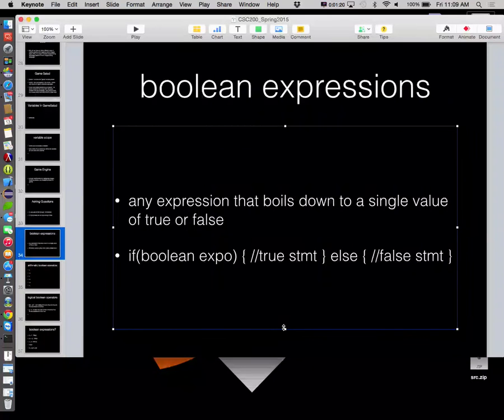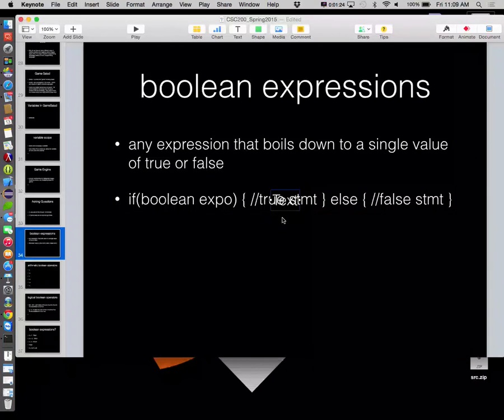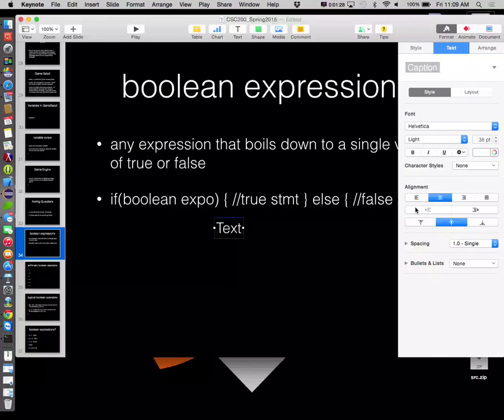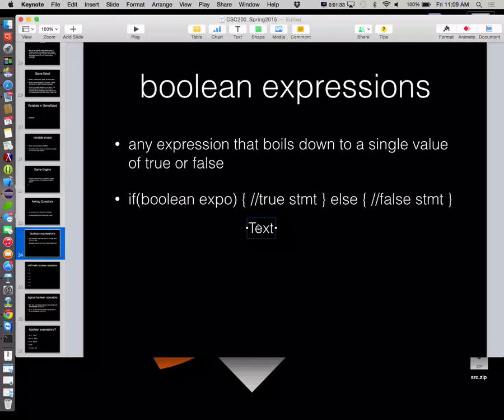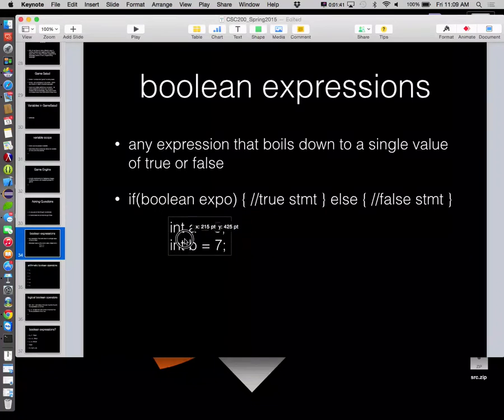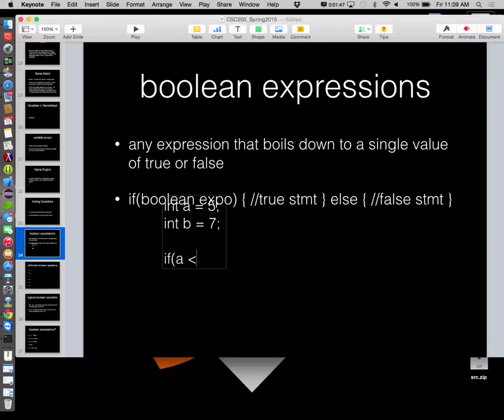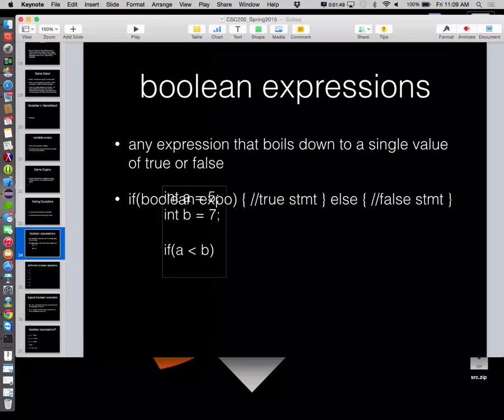So if we're going to show an example in here then, create a text field. In a language like Java, we might go ahead and define a couple of variables. Int a is equal to 5, int b is equal to 7, something like that. And then we might ask a question. We might say, if a is less than b,